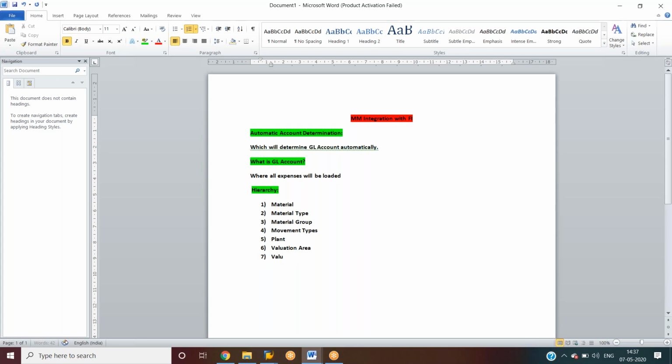Valuation grouping code, or we also call it valuation modifier. Valuation class. Transaction keys, or else we also call it account key.